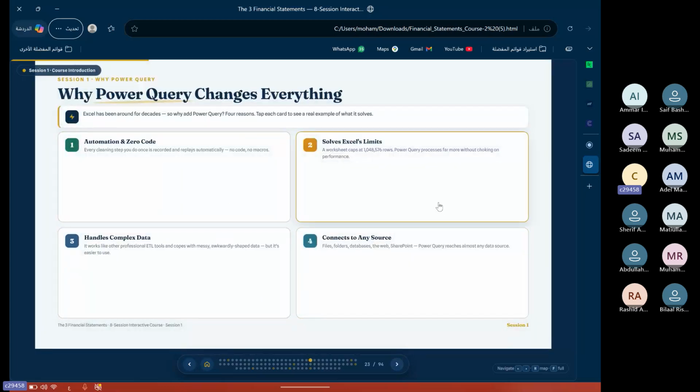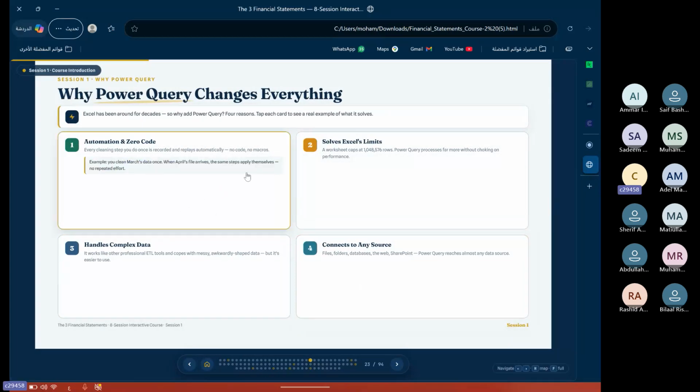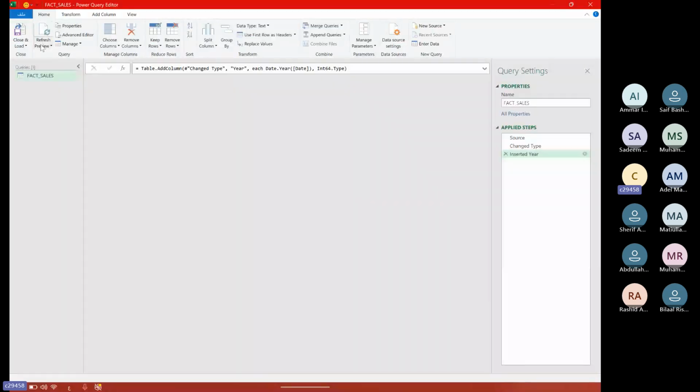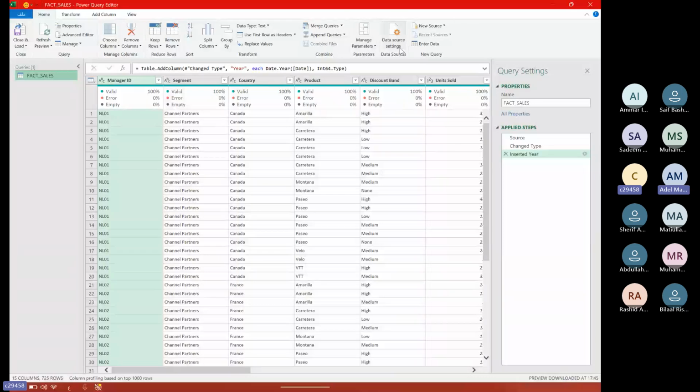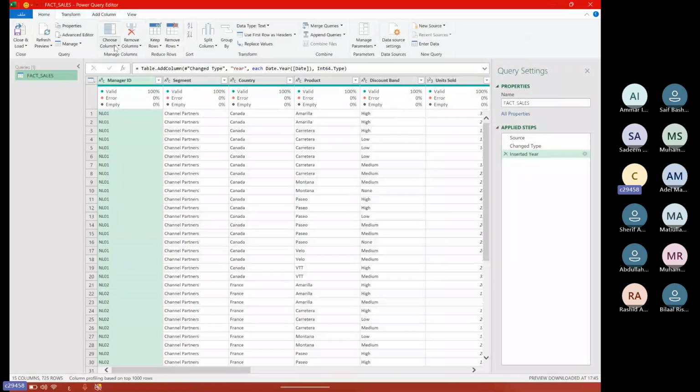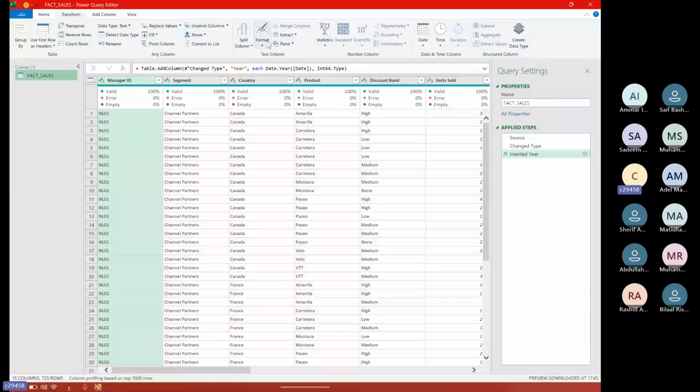So what Power Query is doing on our side is automation. We will not use any code. You can see here they built all of this user interface for us, يعني 80% of what you need is in your user interface. He put everything for you: choose a column, split a column, add anything, extract everything you might need.